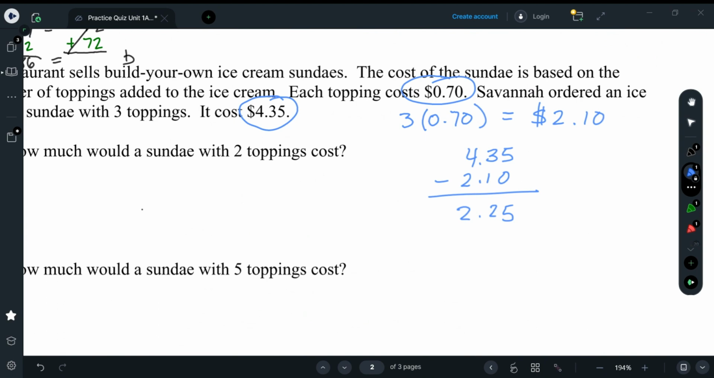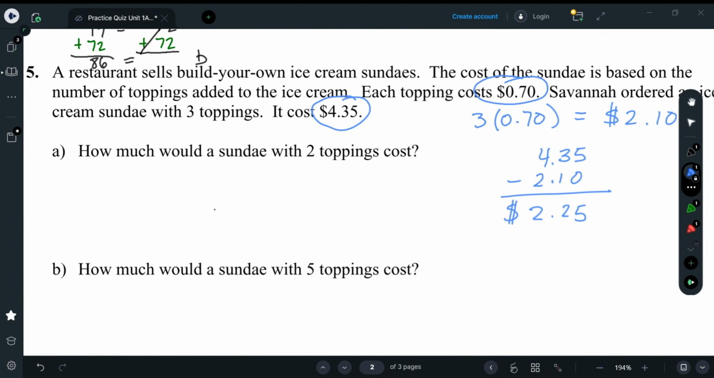And this is what we get here. $2.25 is the price for just the ice cream. Okay? $2.25 for the ice cream plus 70 cents per each topping. Now that we know that, we can come over here and answer part A. How much would a sundae with 2 toppings cost? Well,